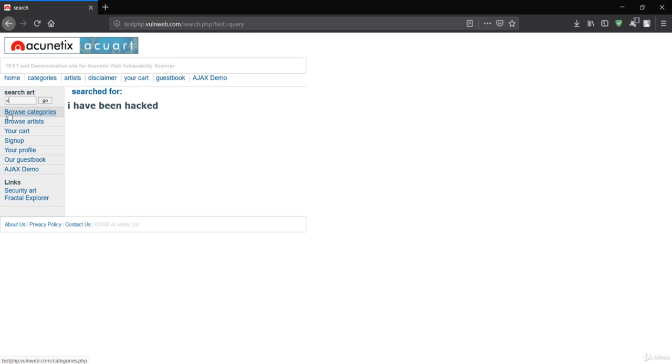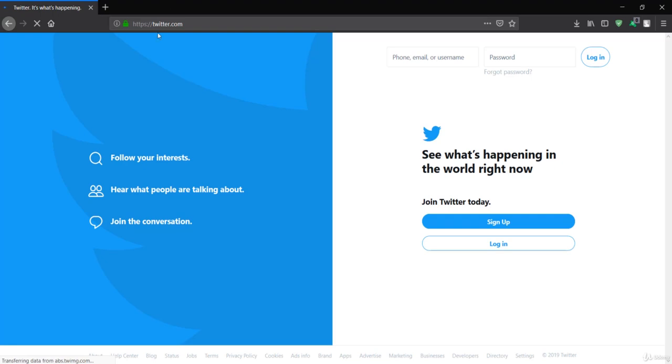You can simply do something like an anchor tag and href, and give the link. It can be some link like http twitter.com, and you can simply say click, because this is an anchor tag. I'll press go over here. Then you could see that it will have a click link. When I click, it will redirect to twitter.com. So it has HTML injection.